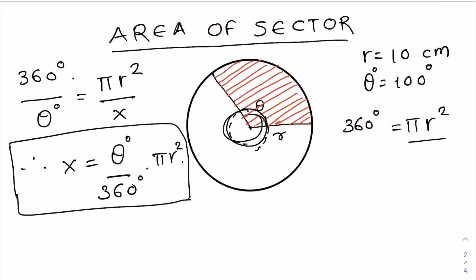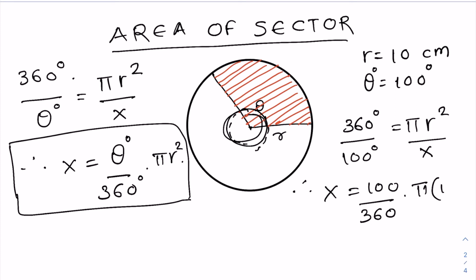What I'm interested in is the area of this sector, the red shaded region. Let's call that x, when the central angle is 100 degrees. We just have to solve for x, which is equal to 100 divided by 360 times pi times the radius, which is 10 square. If we solve that for x, the value that we get is 87.2 recurring